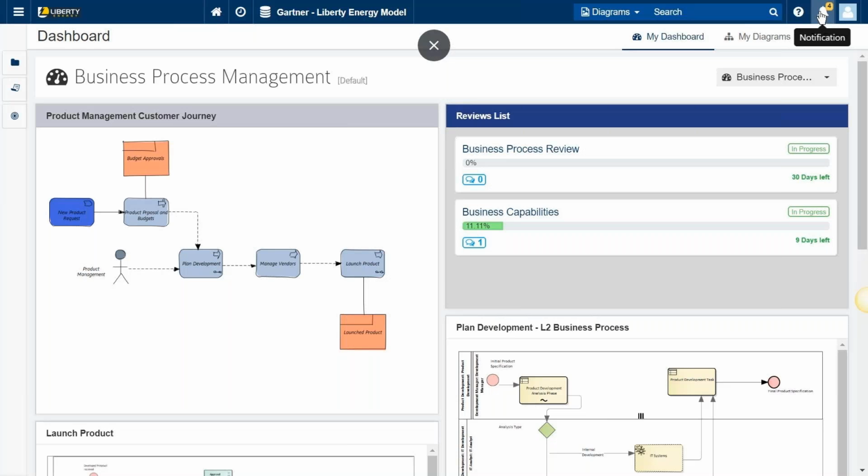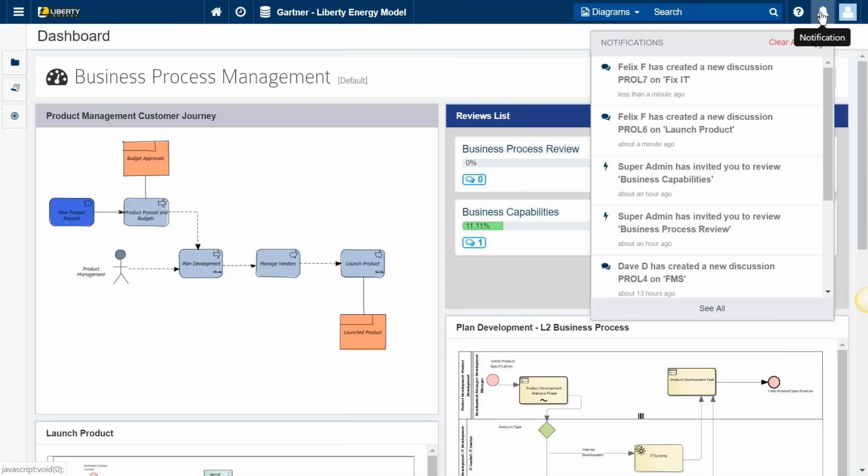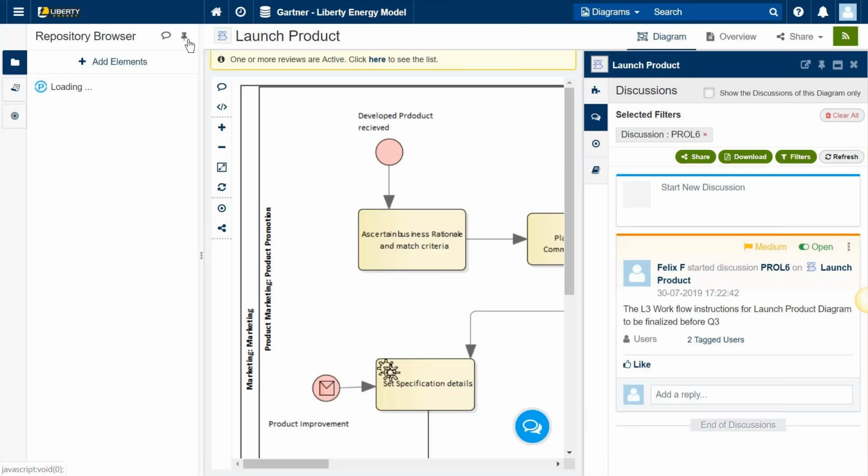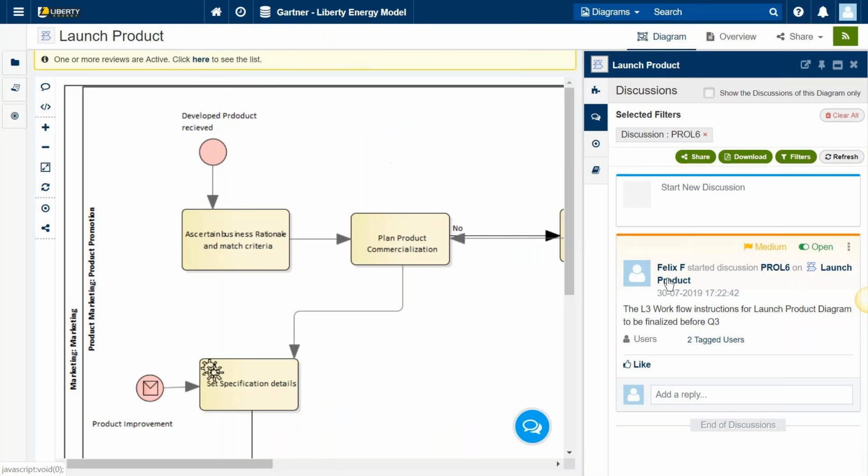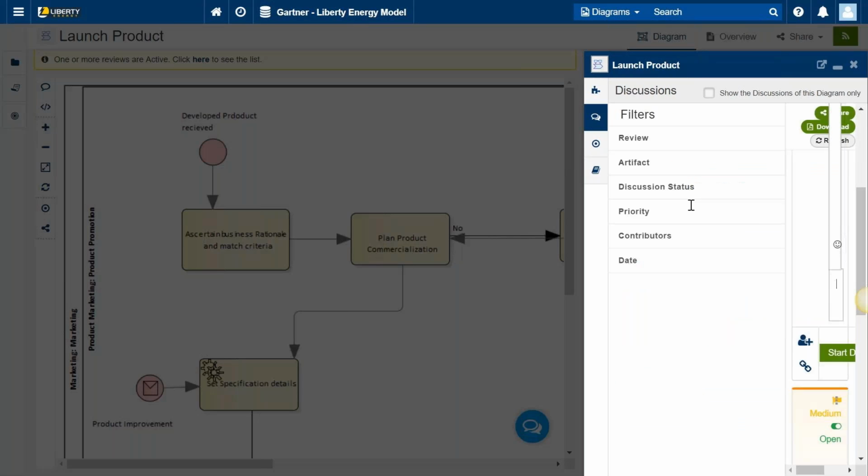So we'll see now the tools offered in Prolaborate to further this engagement. To start with, as you would expect, there is an in-app notification of all the discussions, reviews or comments that are happening in their model. And just by clicking on one of those notifications, they get taken to the diagram where the discussion is happening. And they also have a way to second a conversation that has already been initiated